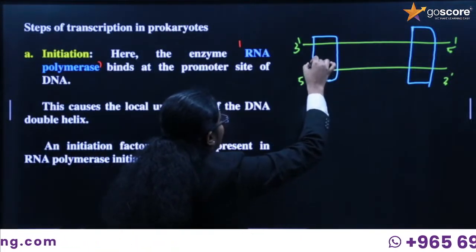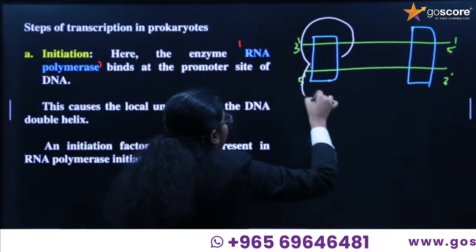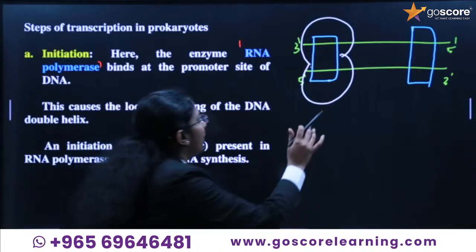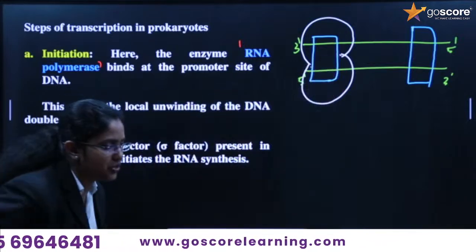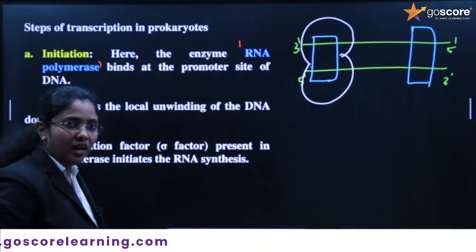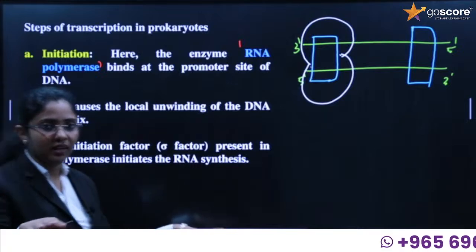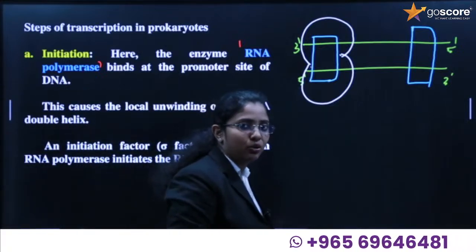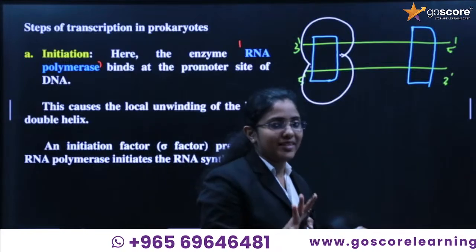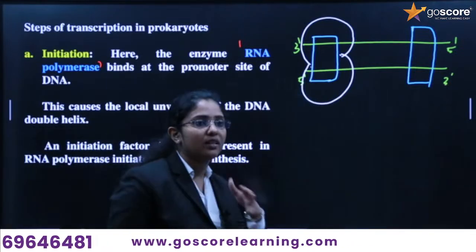It is the binding of an enzyme to the promoter site. If long chains are given and there is a promoter site, our polymerase enzyme has come and searched all over. Where is the promoter site? No, there is no promoter site here. Then they move to the next site and check again. No, there is no promoter site, so again they start moving. Once they find the promoter site,